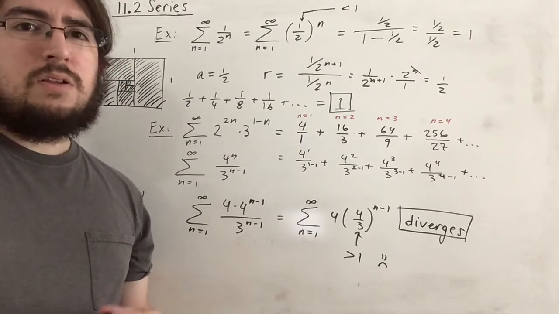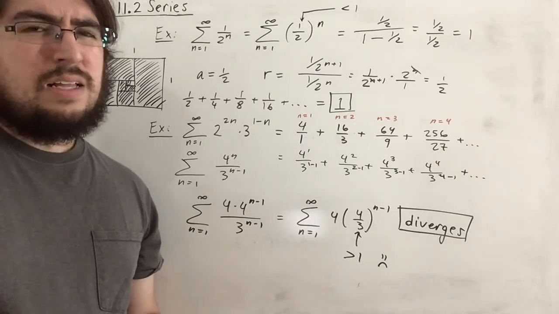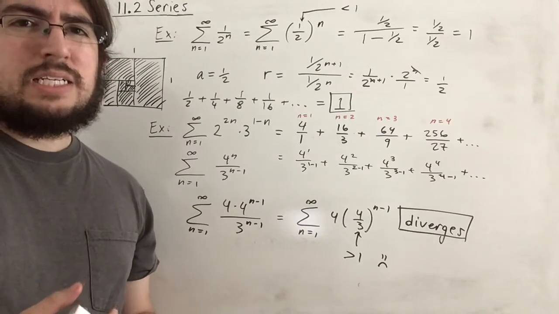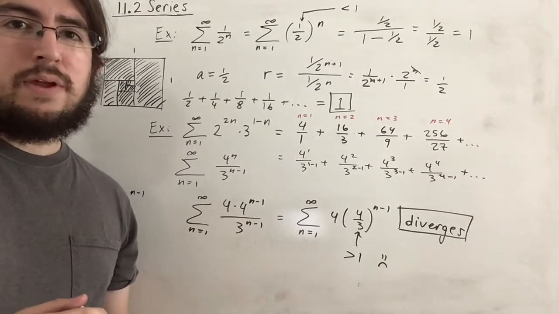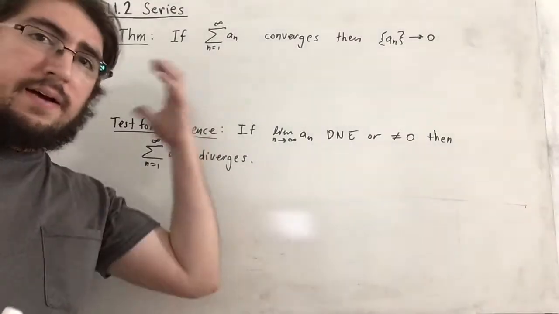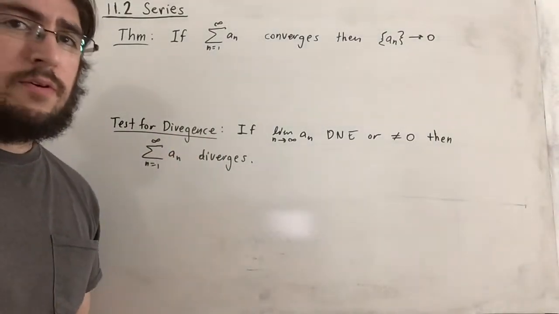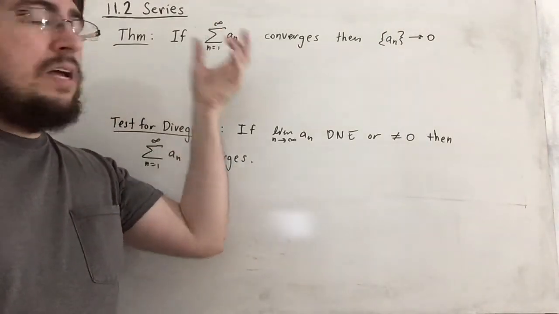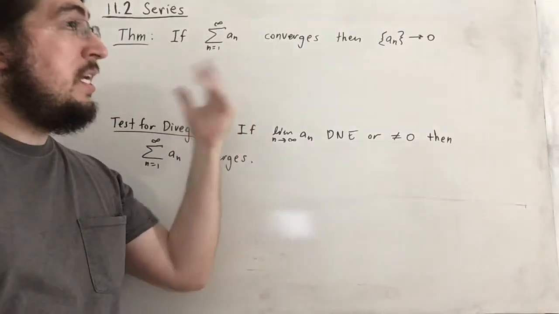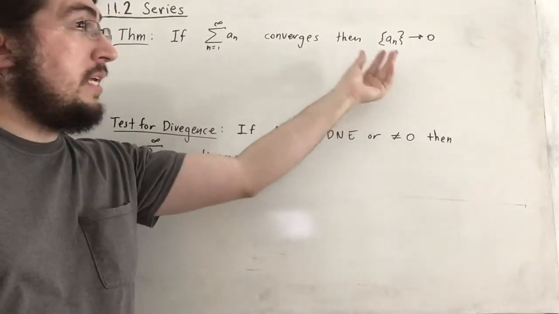So now we're going to take a look at something a little different. There's not really too much more to discuss in this section, but we'll take a look at what we can before moving on to the next big idea in 11.3. Right, so here we have a theorem and then the consequence of the theorem. It's actually the contrapositive of this theorem. But anyways, the theorem says that if we have a series that converges, then necessarily it must be the case